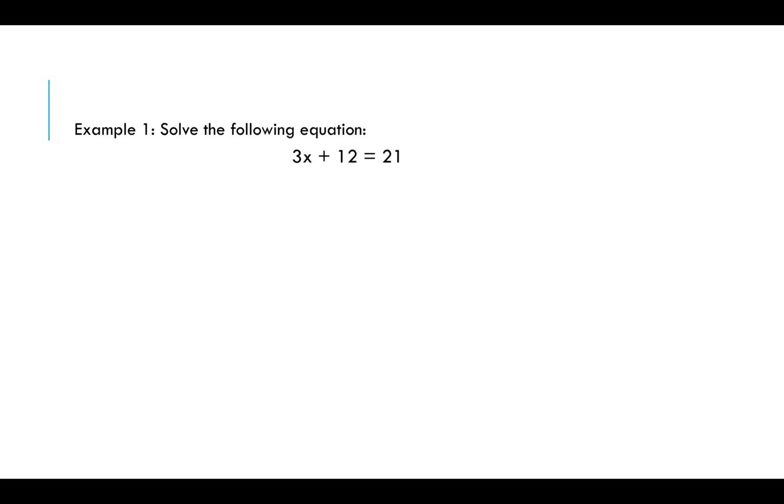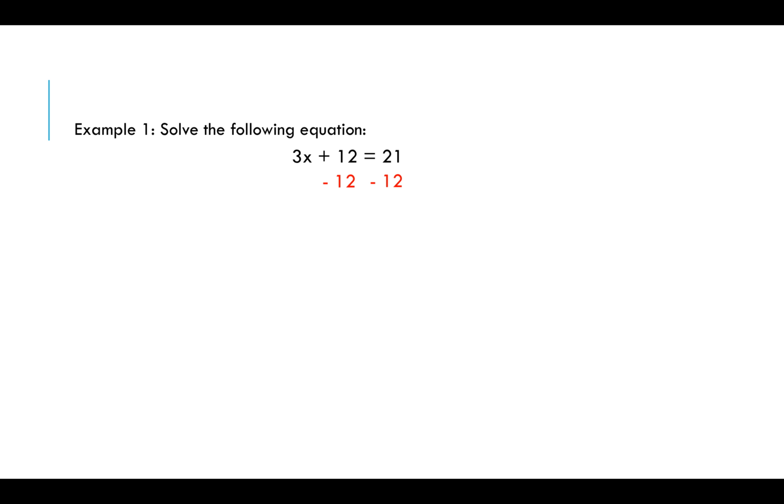So instead of adding 12, I need to subtract 12. Now, because we have an equal sign, we have to be fair to both sides of the equal sign. So if I subtract 12 from the left side, I have to also subtract 12 from the right side. Okay, so now,